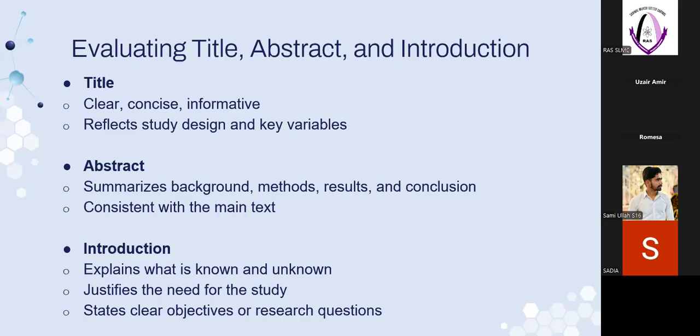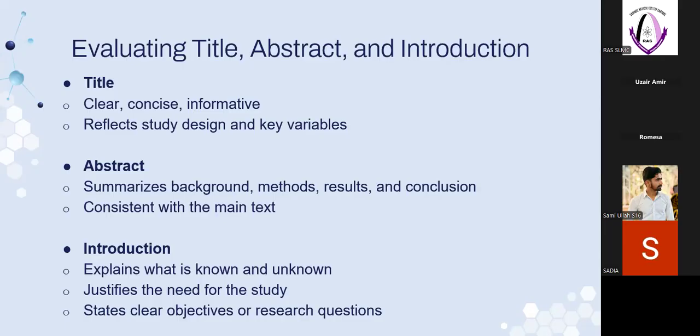If you ever see a title like Amazing Effects of Sleep on Life or Medical Students Are Depressed, these are bad titles. Good titles will sound like Prevalence of Anxiety Among Medical Students or Association Between Screen Time and Sleep Quality in Undergraduate Students. These are examples of good titles. Now, let's get back to our research article. I have seen the title. Let's say it was a good title. Now I'm interested in this research article. I will click it, and the entire article will be available to me in PDF form.